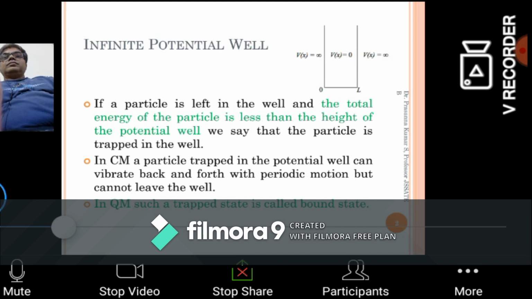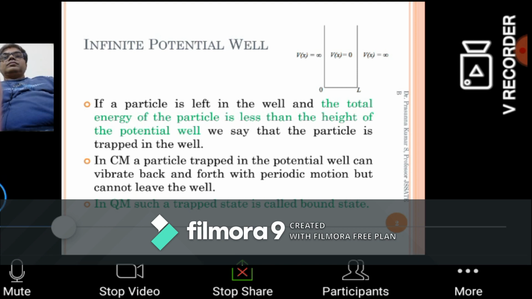Imagine that a particle has fallen into the deep well. Then it is not easy to take the particle outside, isn't it? Because you need to apply a large amount of energy, then only you can take it out. Imagine the well is very deep and deeper, and certainly you require a very large amount of energy. So the particle has a very large potential energy. Therefore outside the potential well, V of x is infinity.